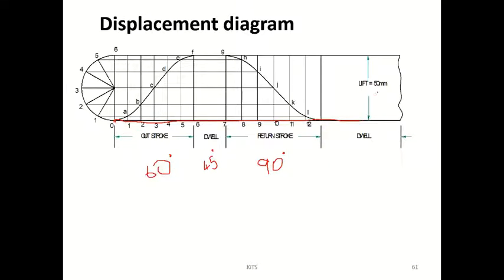After that, lift value is 50 mm. So draw a vertical line for 50 mm, that is 5 centimeter, and then one more horizontal line of the same 18 centimeter. First mark 60 degree. 60 degree means you have to draw 6 centimeter. First mark 6 centimeter. Then take 1 centimeter or 2 centimeter and put a double arrow.